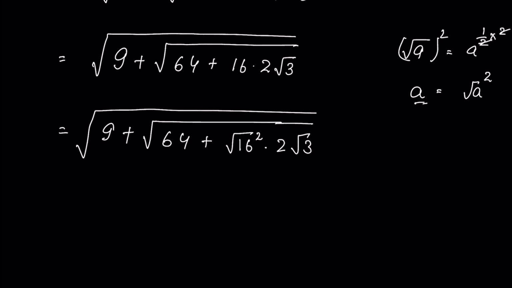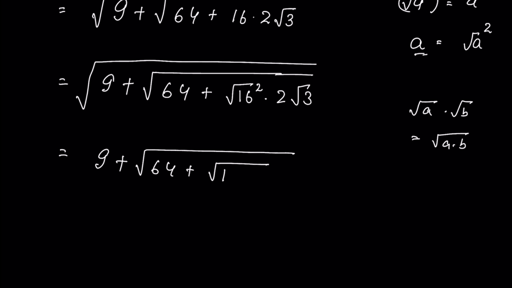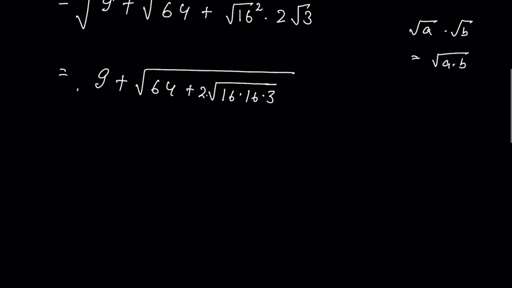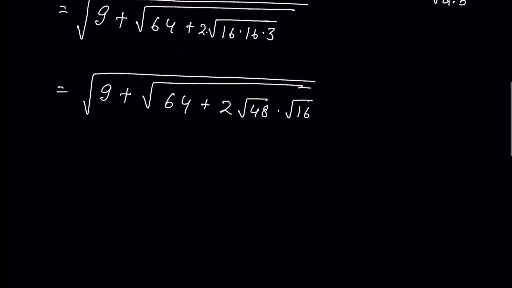under square root. Now when square root of a times square root of b, we can write it as square root of a times b. So this will be 9 plus 64 plus 16 times 3 under square root, and then times 2, then all under square root, or 9 plus 64 plus, this we can write 2 times 16 times 3 is 48, and then times square root of 16, then all under square root, or 9 plus, now 64 we can write it